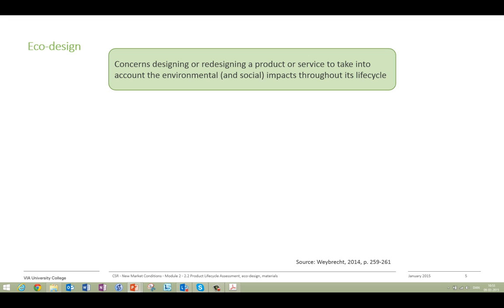The next element we'll look into is eco-design. It's related to the product lifecycle assessment tool we've just been talking about. But eco-design concerns designing or redesigning a product or service to take into account the environmental and social impacts throughout its life cycle. And the best practices in eco-design involve rethinking the product and its function,